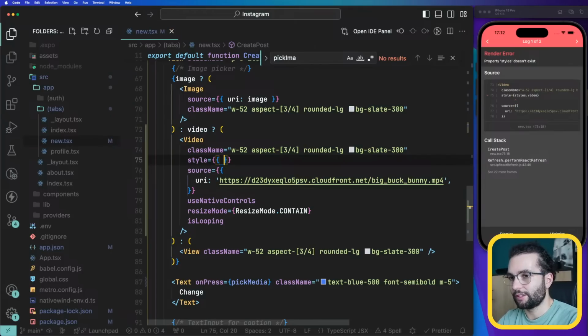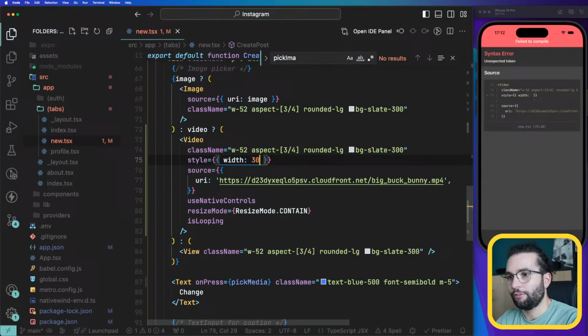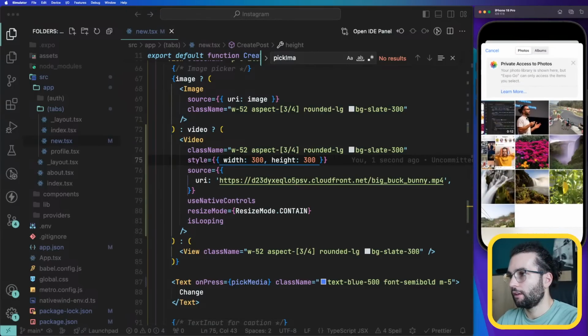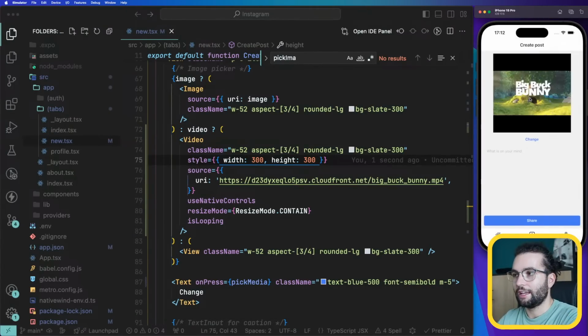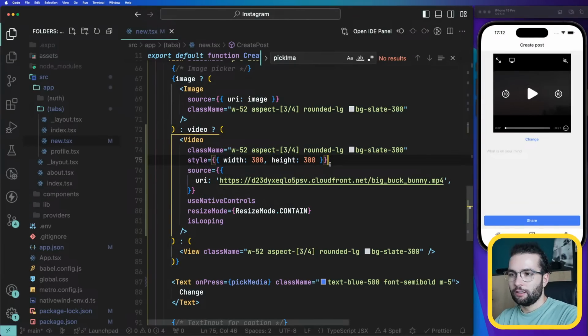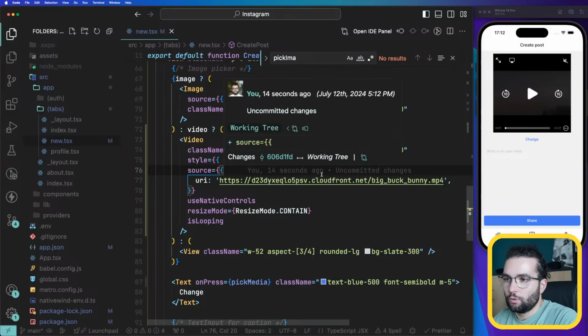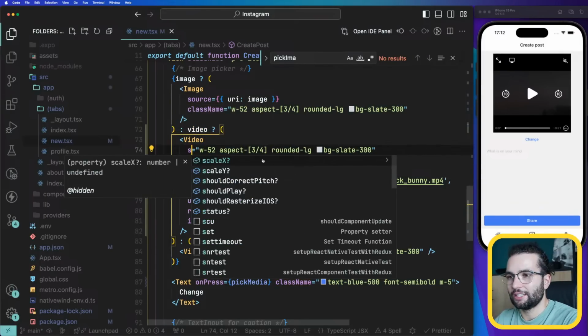Every time some video or images are not working, I'm just gonna go with width 300, height 300. Select this one, choose. As you can see, that was actually the problem. So, why class name is not working? Well, I don't have the time to debug that,